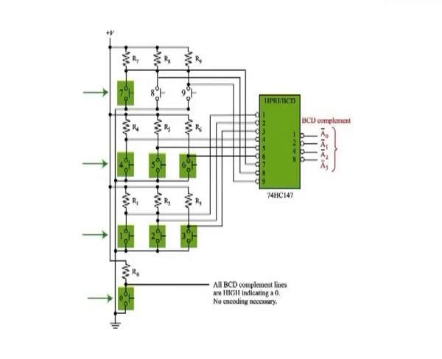The keys are represented by 10 push button switches, each with a pull-up resistor to +V. The pull-up resistor ensures that the line is high when a key is not depressed. When a key is depressed, the line is connected to ground and a low is applied to the corresponding encoder input. The 0 key is not connected because the BCD output represents 0 when none of the other keys is